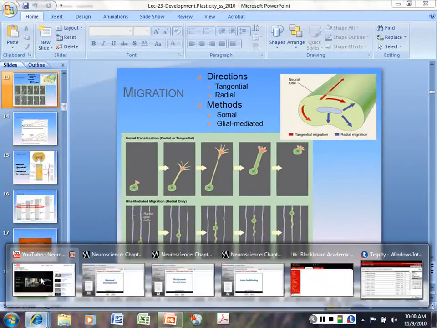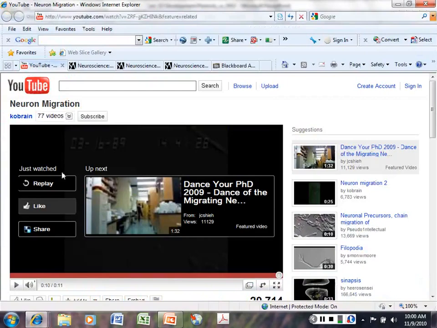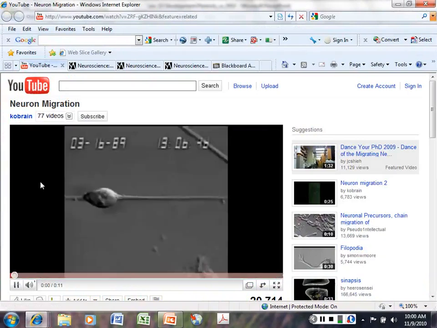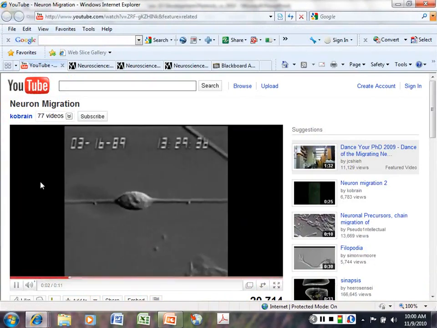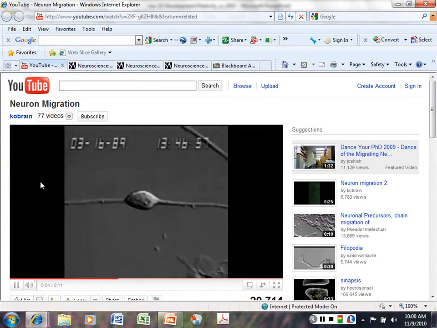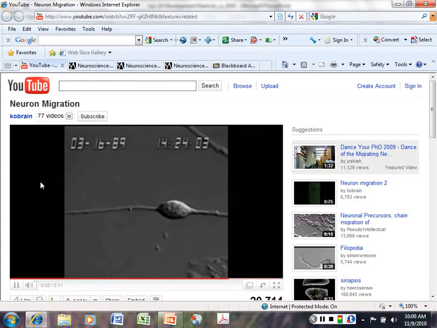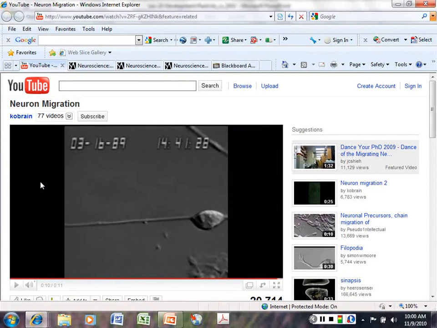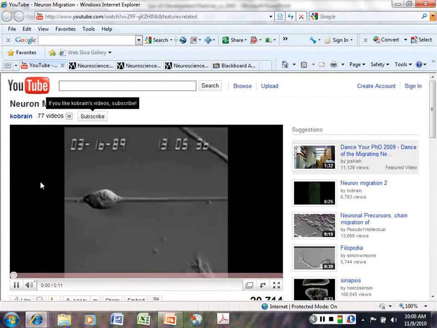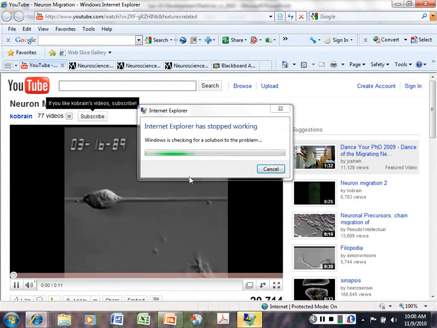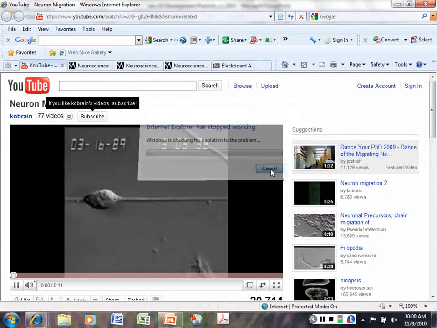Which is quite interesting. So there you see a developing neuron actually migrating along a glial cell guy wire, performing this radial migration. And if you look kind of closely at this picture,